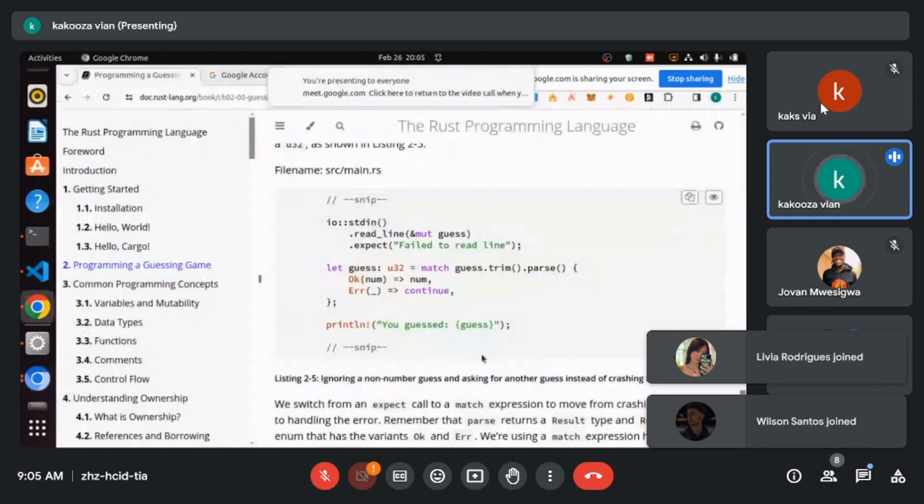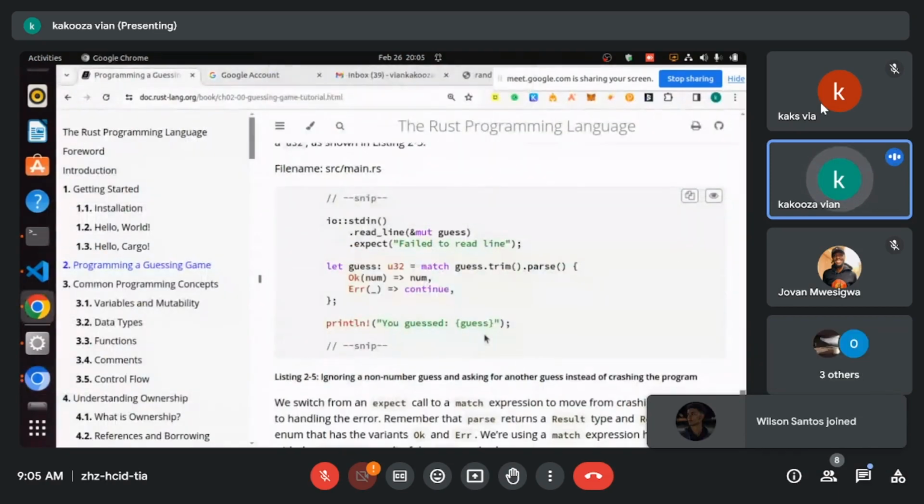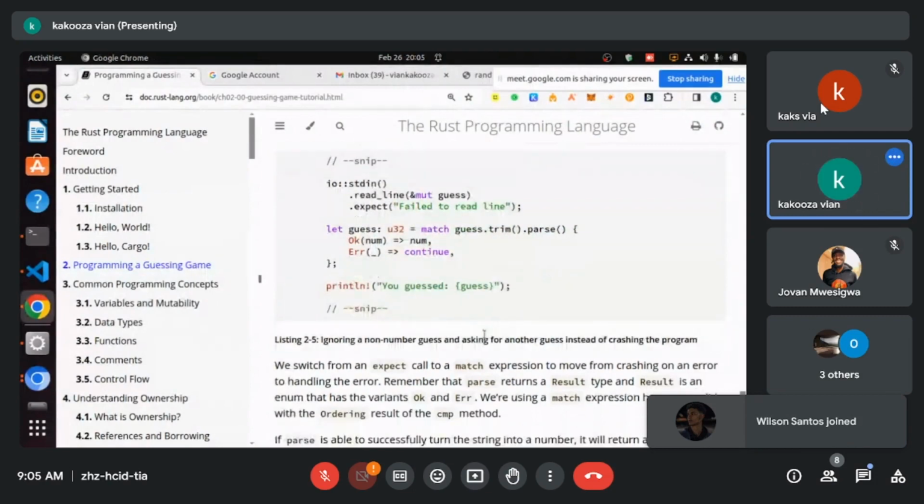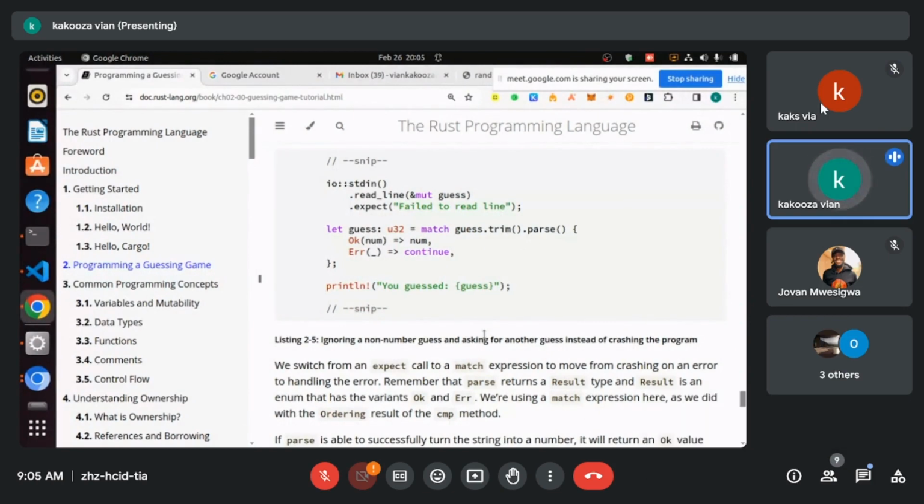So as we've been saying, this is a better way to handle the errors. A match also returns two sort of return types. We have the okay and the error. The okay is returned when we have